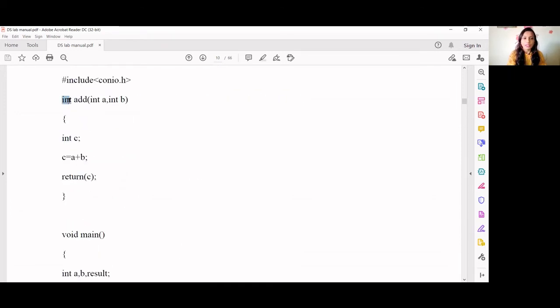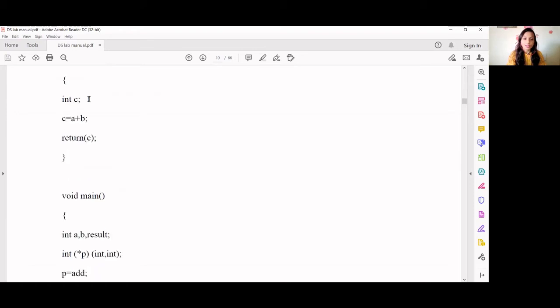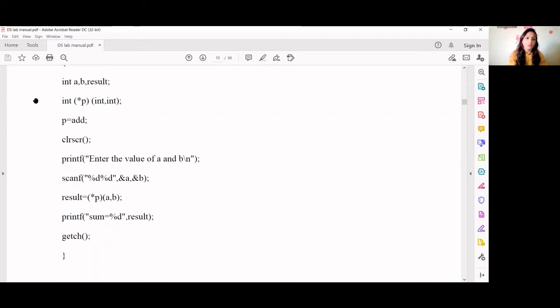Int. Okay. So apart from that, if I want to have a pointer to it, instead of add, I will write star something, star p, star p1, star p2, but put the bracket here. Okay. And then two parameters, which are int, int. Then p is a function pointer, add is a function.